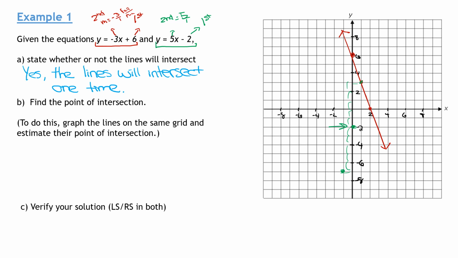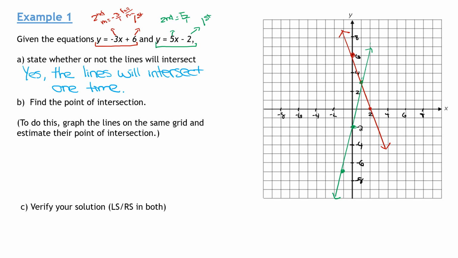So I wouldn't ever run to the left. I think it just makes it confusing, and then there's too much to remember. So I would always rise and then run to the right, or fall and then run to the right. But anyway, I'm going to connect my dots here with the ruler. So arrows on here, and this is actually a bad example. I should change this example because